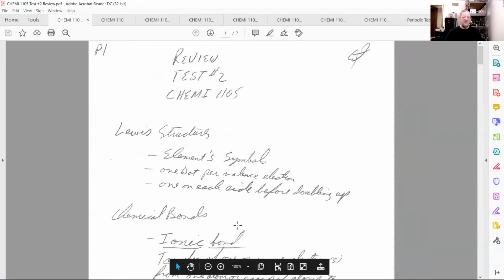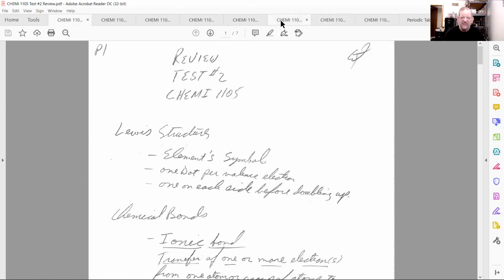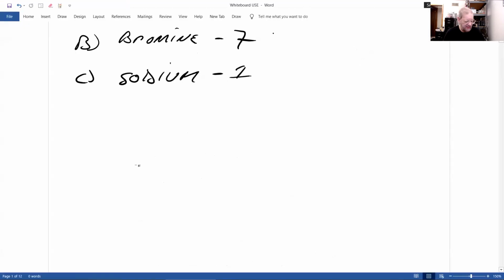And test number 2, we started out with the Lewis structure. And the Lewis structure for elements, and this is important for elements, shows valence electrons. And the element symbol, you have 1 dot per side, and then you double up. And if I were to ask you, draw the Lewis structure